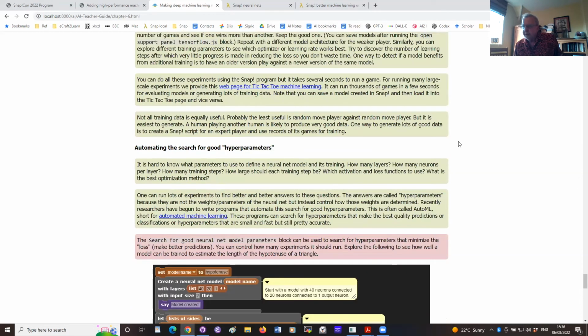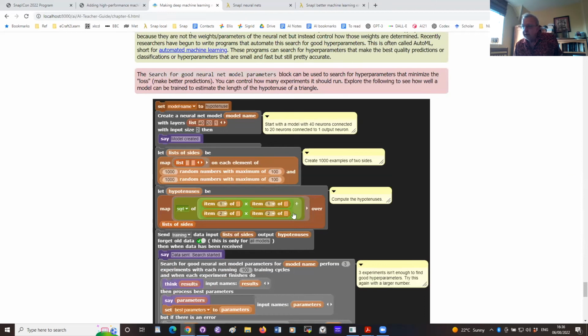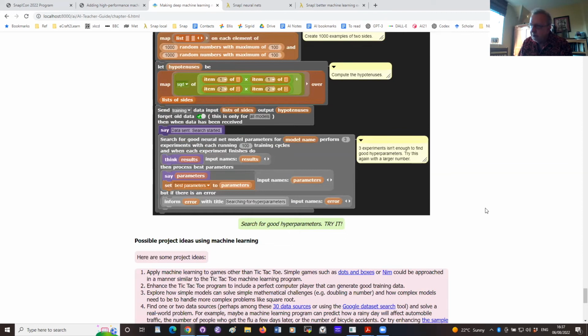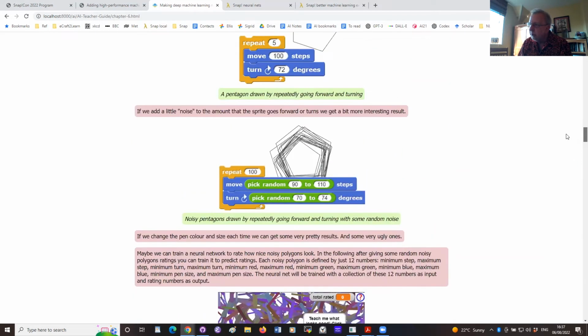Noughts and crosses, I think, is what it's called in some parts of the world. And then, like that question somebody asked, this is an example, don't worry about it today, but the fact that it's possible to have it search for good parameter models, and you could tell it how many searches to make and what range of parameters and so on, and then it'll come back with which ones were the most accurate. So unless there's some questions,